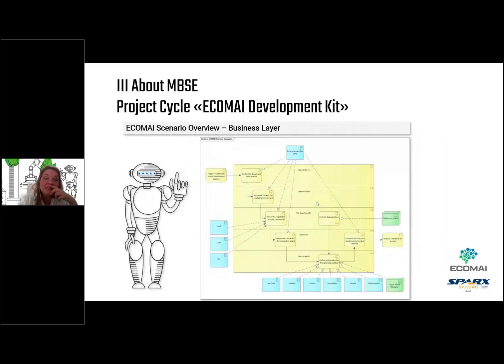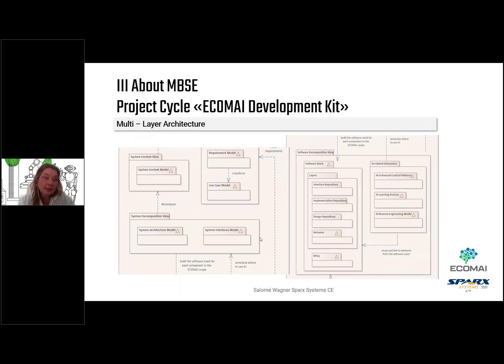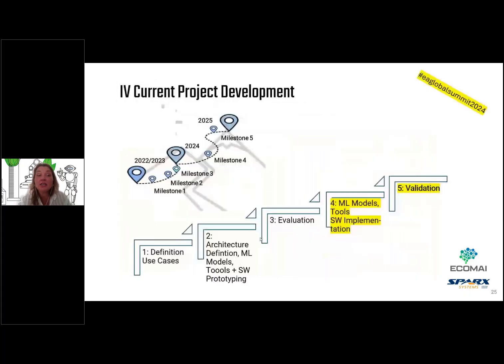So this is just one glimpse of the business layer. As I said, this multi-layered architecture. Here you see we have these different domains. We have also included tools, requirements, and what is needed for these use case models so that we can really achieve and follow the process. Another view, and this is still for this ECOMAI development kit, which serves this entire project. So now, reaching milestone 4,